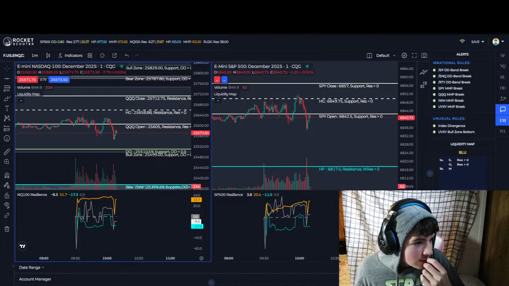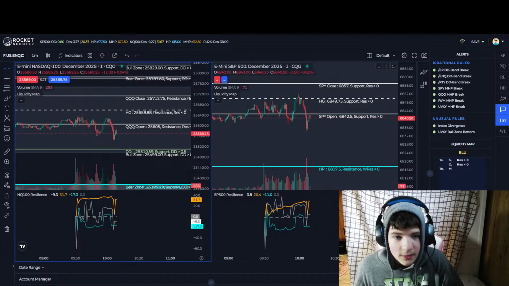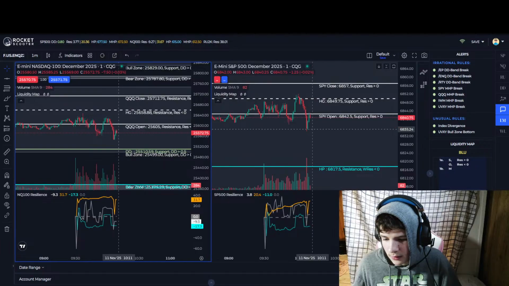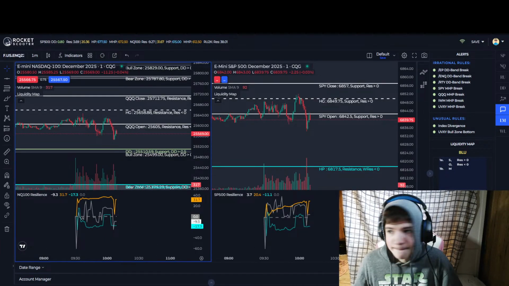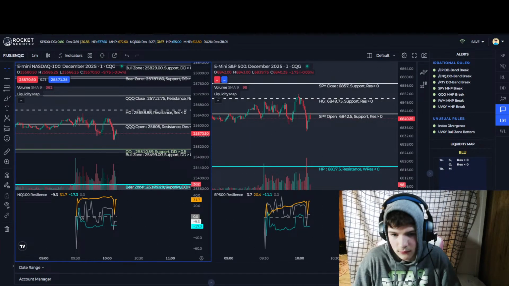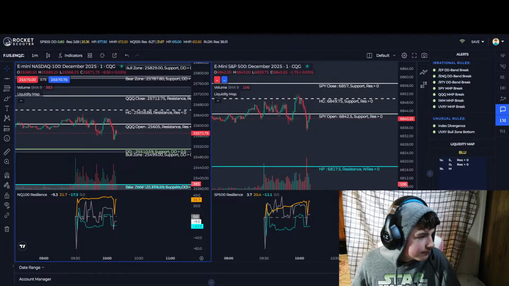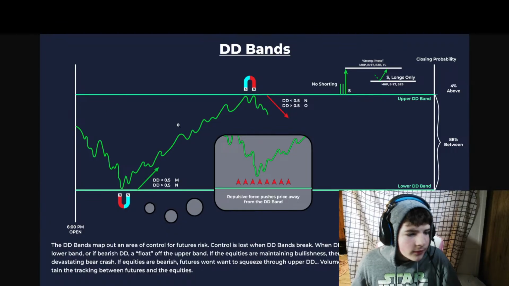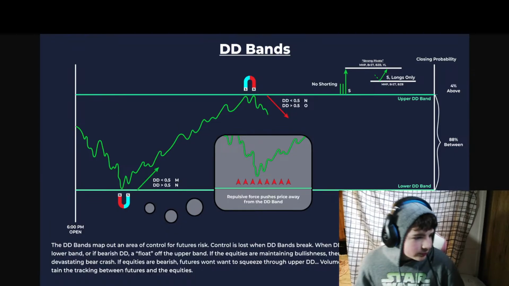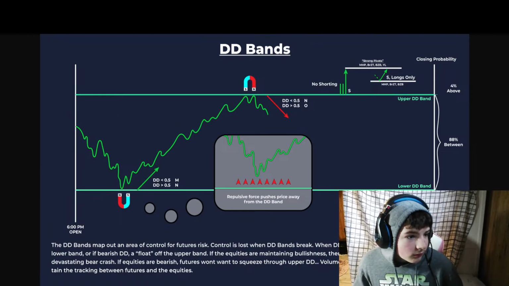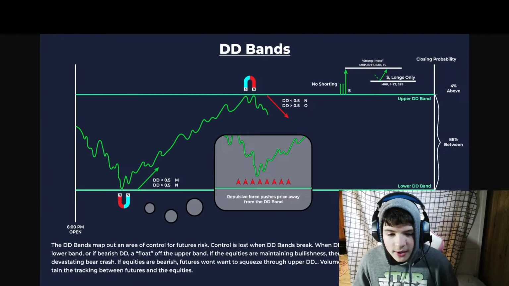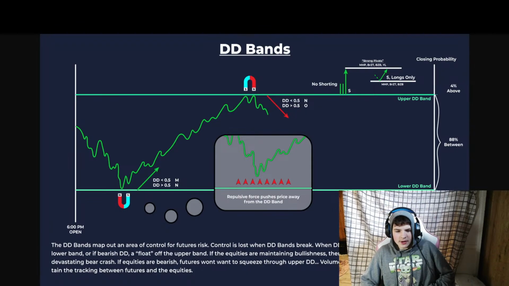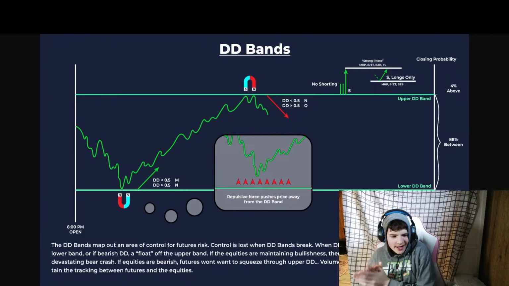Let's see if I can show you this. Downloaded. There. So the market, let's see here. The DD bands map out an area of control for future risk.